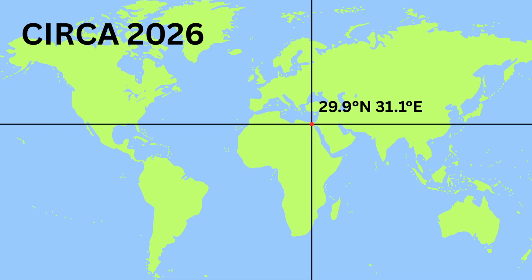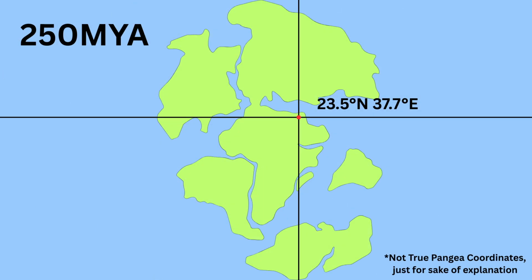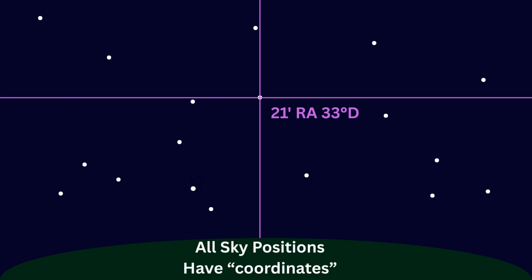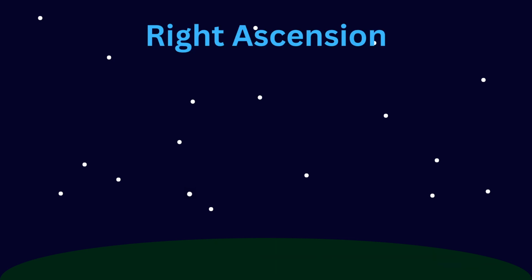In the same fashion as continental drift, I can tell you the pyramids are at this latitude and this longitude today, but in a couple million years they could be somewhere entirely different. Same with stars. They die, they drift, but for the most part they are suspended in the sky in their position. In the night sky, we basically use the same latitude and longitude, but we call them right ascension and